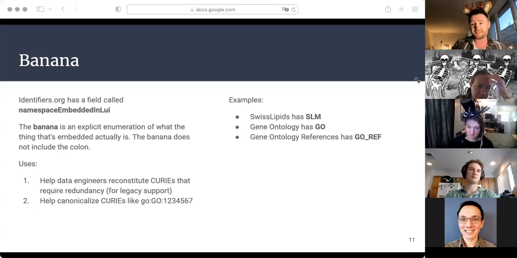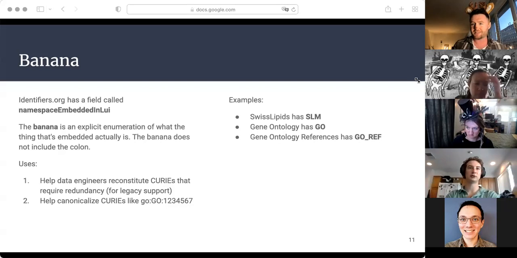This is a little bit of a problem we'll come back to later, because I think it's causing some pain for me and for others. Unfortunately, the knowledge that this might show up as a redundant thing at the beginning is not quite enough. So the banana is one extra bit that says, not only is there a redundant prefix, but the banana explains what it looks like.